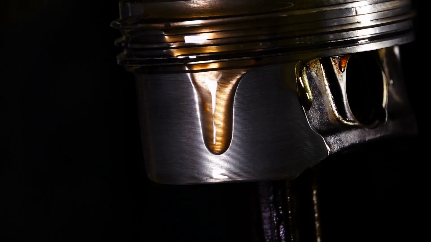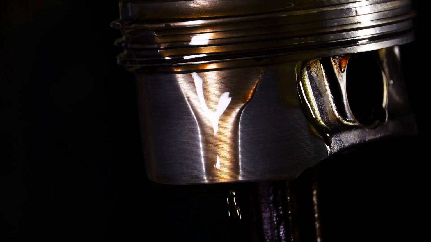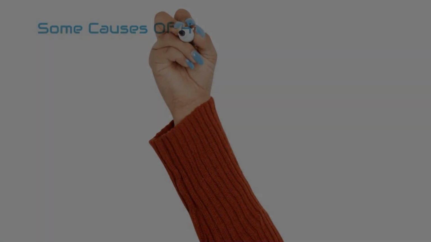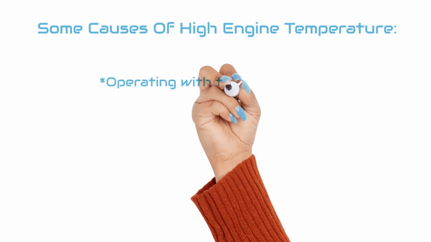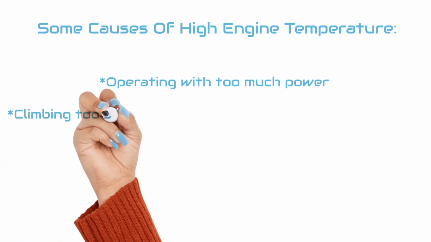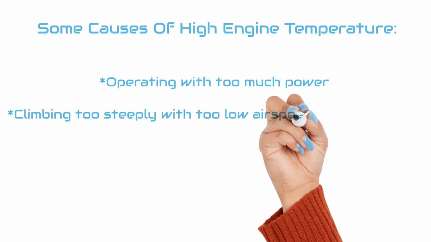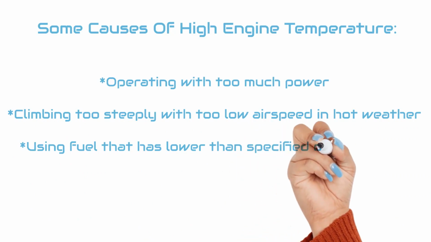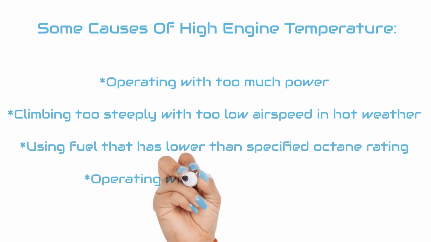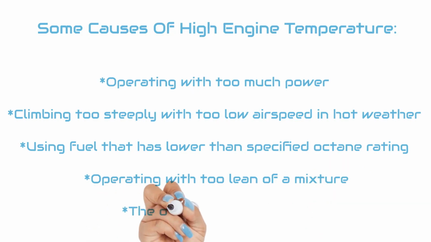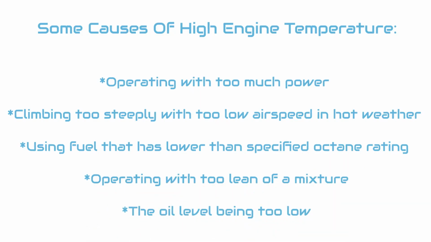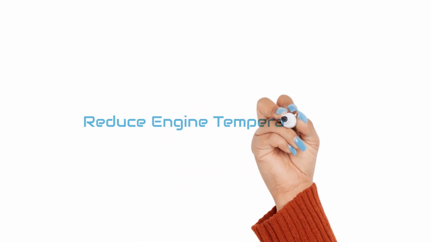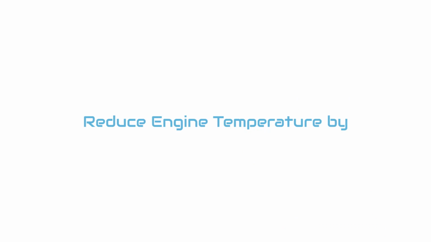An engine is cooled, in part, by circulating oil through the system to reduce friction and absorb heat from internal engine parts. Some of the things that can cause engine oil and cylinder head temperatures to exceed their normal operating range are the following: operating with too much power, climbing too steeply with too low airspeed in hot weather, using fuel that has lower than specified octane rating, operating with too lean of a mixture, the oil level being too low. Excessively high engine temperatures can be reduced by reversing any of the previously mentioned conditions, for example, reducing